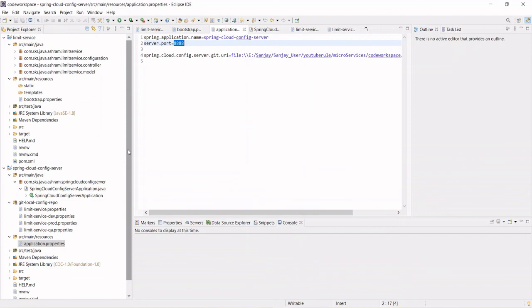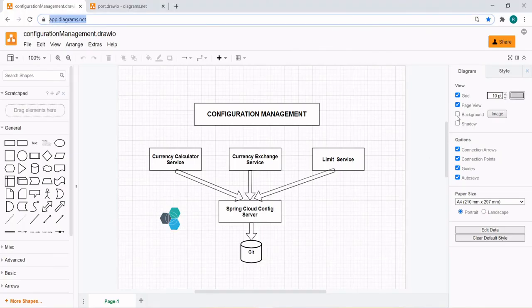I think we have already talked a lot about the Spring Cloud Config Server. We will hold it for now. That should be enough for your knowledge and for writing applications based on Spring Cloud Config Server. But later on, when we talk about the load balancer, Eureka server and all, we will come back to the Spring Cloud Config Server and do the load balancing. How the requests get balanced, we will see all that part.